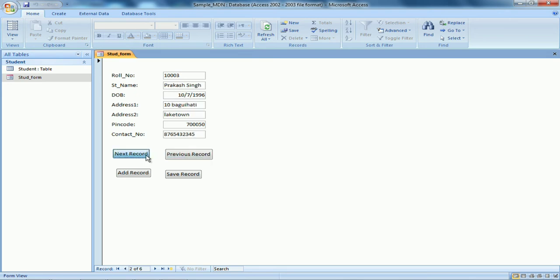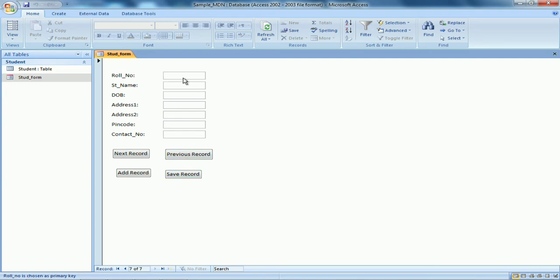Now let's do next record. I have already shown it to you. Let's go next, next, next, next, next, next. Now if I want to add something here, let me do this. These 2 buttons are more or less the same, but there is a slight difference.